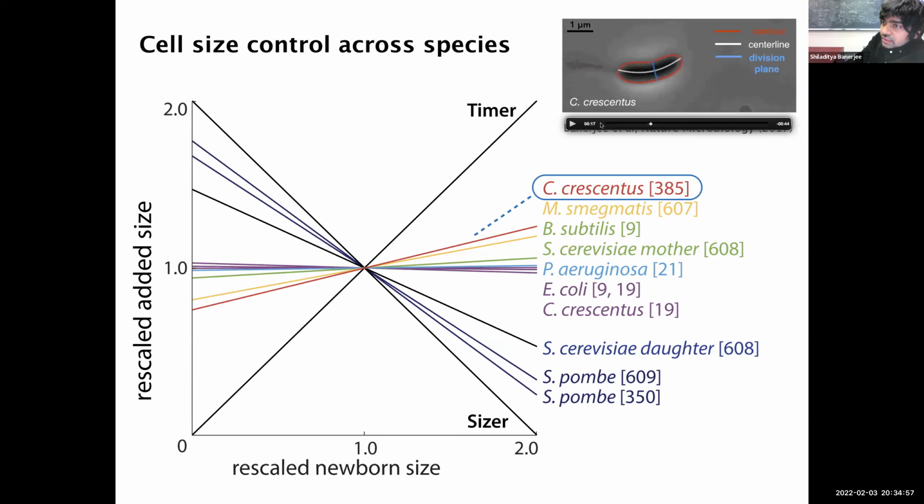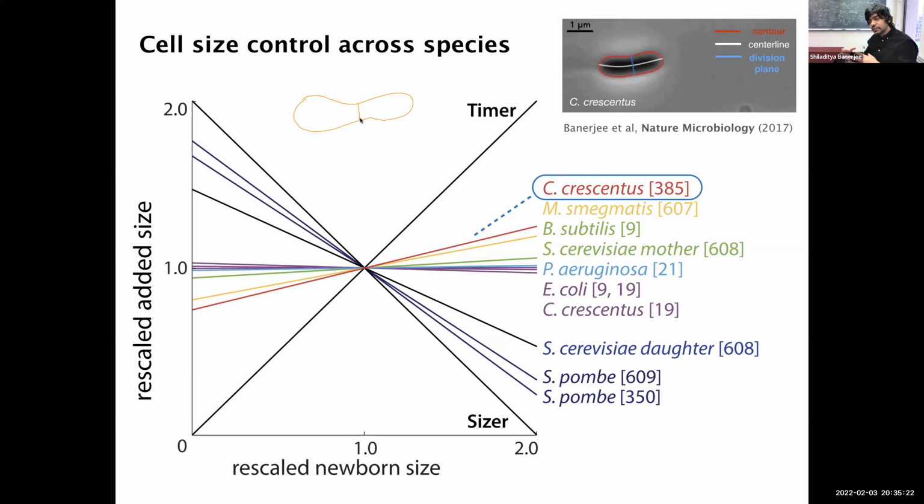Yes, definitely. I think the shape probably plays more roles, in particular in terms of the location of division and so on. You do have eukaryotic organisms that are like this, and they divide in a dumbbell shape, and they could divide elsewhere. And the daughter cell could be significantly smaller than the mother cell. Right, I see. Okay, thanks. Any other questions?